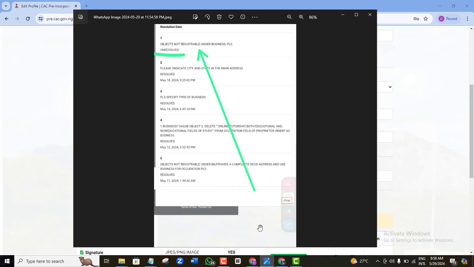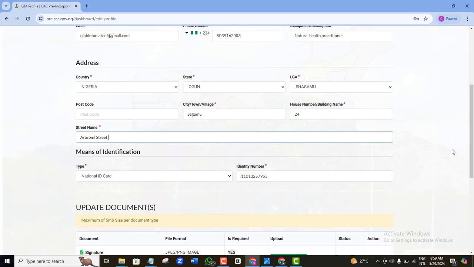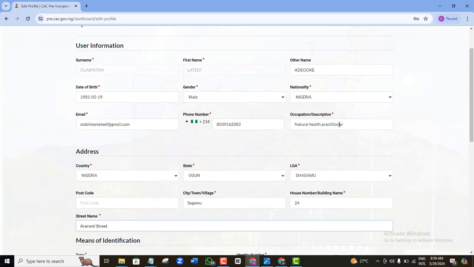So when you get to occupation, this is where to get that. When you get to occupation, look at it here. Now you're supposed to put business here. Business. So I can assure you that this person that has written natural health practitioner here is going to be queried. Why? Because you are registering a business.